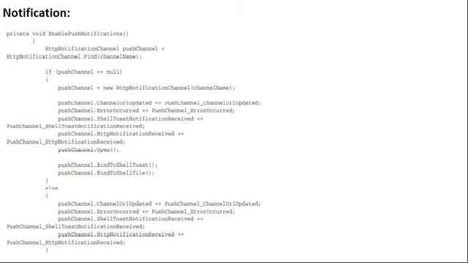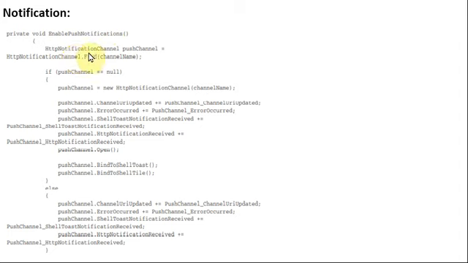We'll see the program related to this notification. You can see here what are the steps we said. First of all, we have to build a push channel. So you can see here enable push notification.